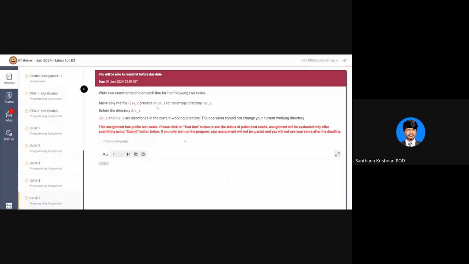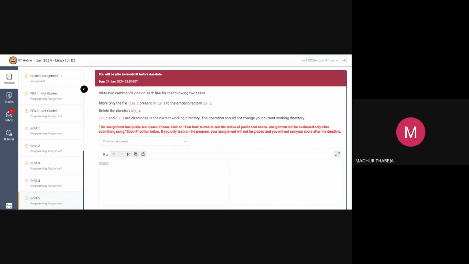Krishnan, do you want to take it? You don't need to worry about the input of the test case because it is not relevant to this one. You just need to do the operation which is asked: move only the file one present in dir one to the empty directory details. You have to perform only this operation. That's all.